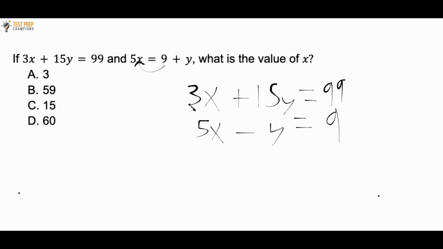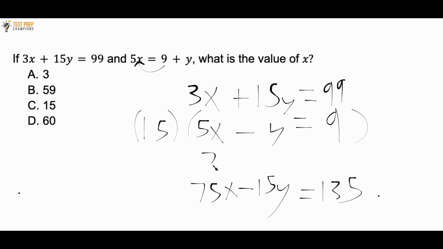So since I've got 3x plus 15y equals 99, if I come down here and I multiply everything in the second equation by 15, then when I add the equations together, the y terms are going to cancel out. So what is 15 times 5x? 15 times 5x gives me 75x. Now 15 times minus y is just minus 15y. And then if I do 15 times 9, I get 135. Okay, so now let me rewrite equation 1 on top here. So that would be 3x plus